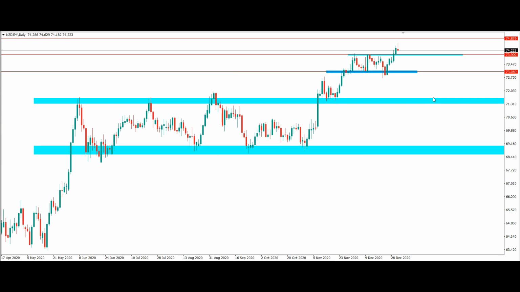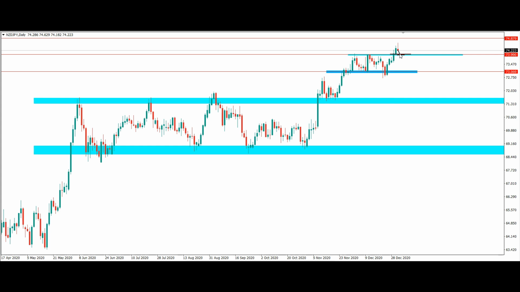From the daily time frame, we have a market that gave us a daily close above the most previous daily level of resistance at 73.99. So as long as this area remains intact on a daily closing basis, I'll expect to see continuation. So what I want to see is for the price to come back to 73.99 and find support at that level. So if the price comes back to this area and rejects this area, that's giving me a daily rejection of this 73.99,